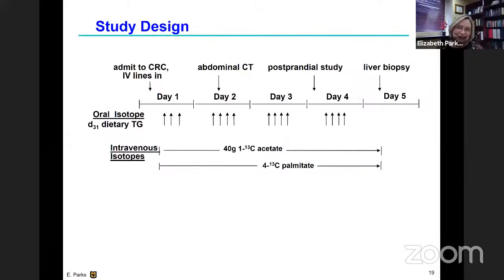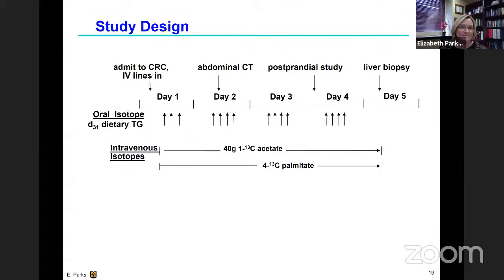Here's the study design that is very well known by some of you. This is a 5-day study that we did almost 20 years ago. We recruited patients who were having liver biopsies for diagnosis of non-alcoholic fatty liver disease. And we put them in the hospital for 4 days before their procedure. We fed them an oral isotope. We infused the acetate to label lipogenesis, and we infused the free palmitate to look at the free fatty acids